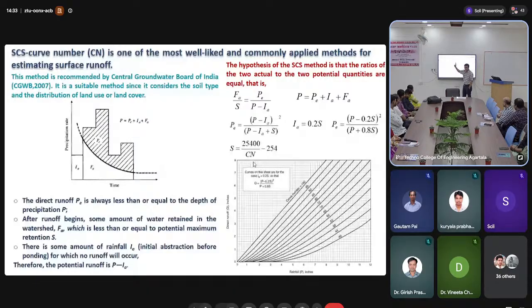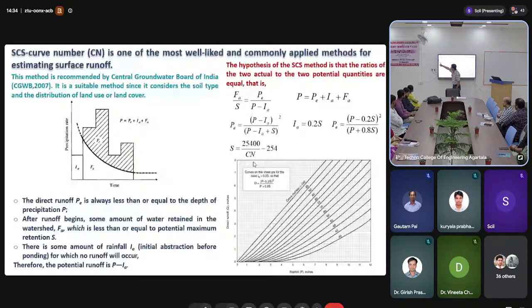Agree? And the continuity equation says that total rainfall is equal to excess rainfall, initial abstraction, and storage. Agree? So this is the continuity equation, this is the hypothesis. By combining these two, one can find out the total runoff. And total runoff is associated with the term maximum storage. And under Indian conditions, the initial abstraction is 20% of the maximum storage. And ultimately, if you substitute these values here, the total excess runoff, that is runoff, overland flow, can be expressed